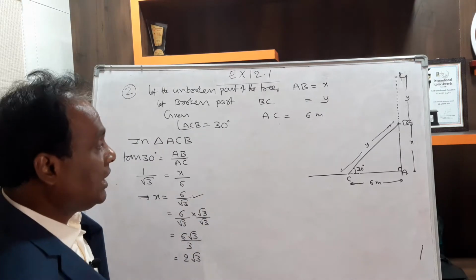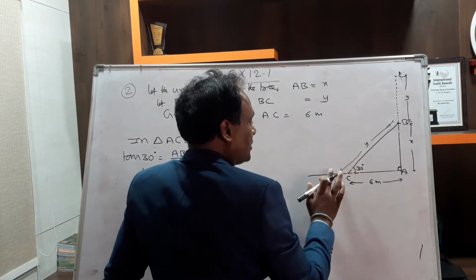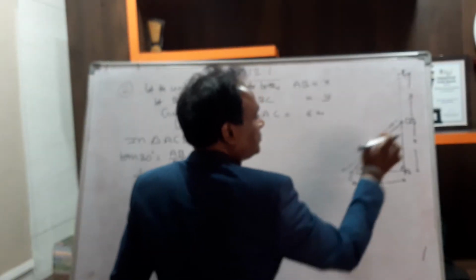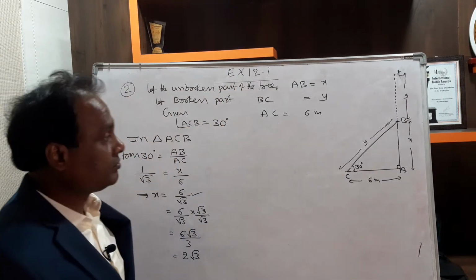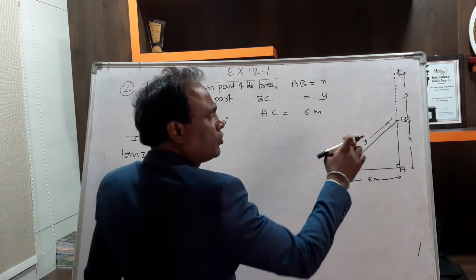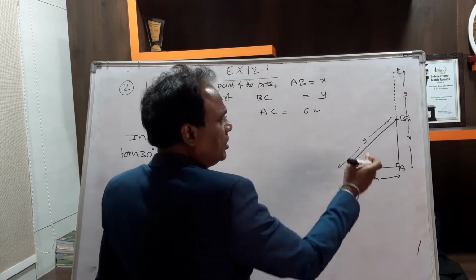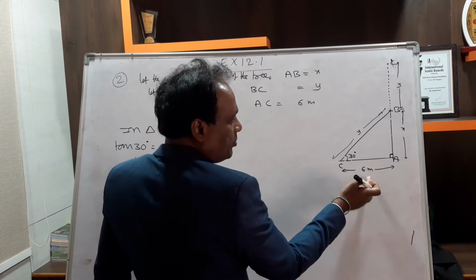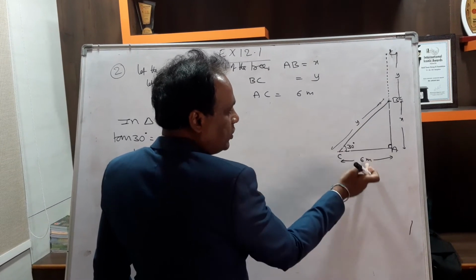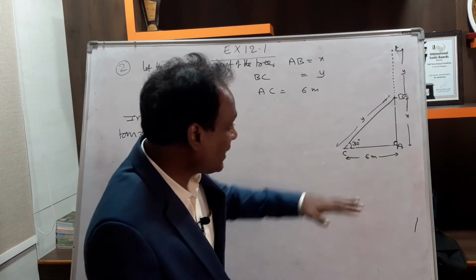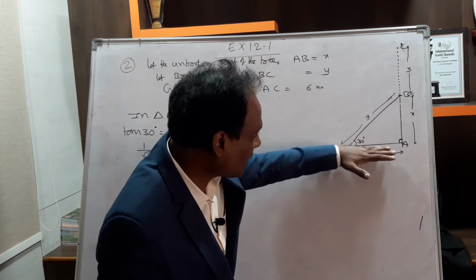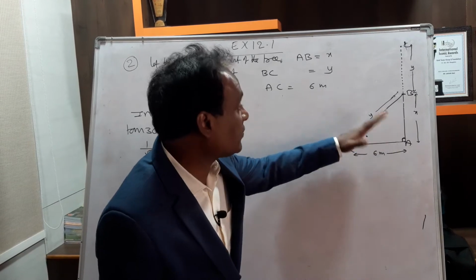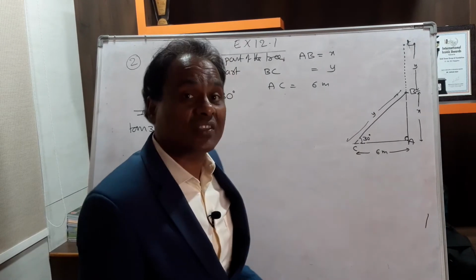Okay. So we have to find y also. How to find the y value? Choose any other trigonometric ratio which involves y. I will use these two sides because this is given and this we have to find. For this angle, this side is called the adjacent side and this is the hypotenuse. So we can use cos.